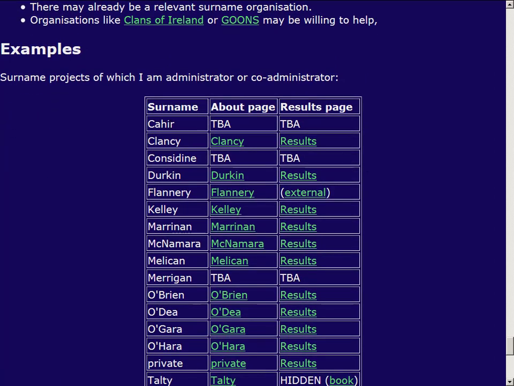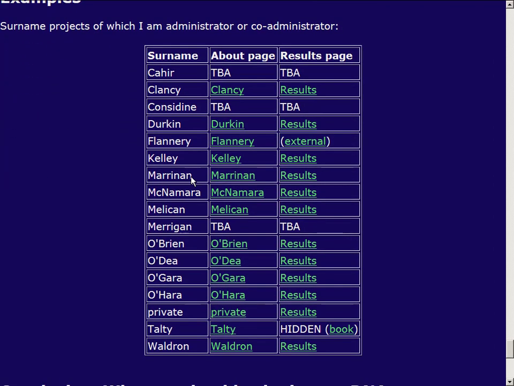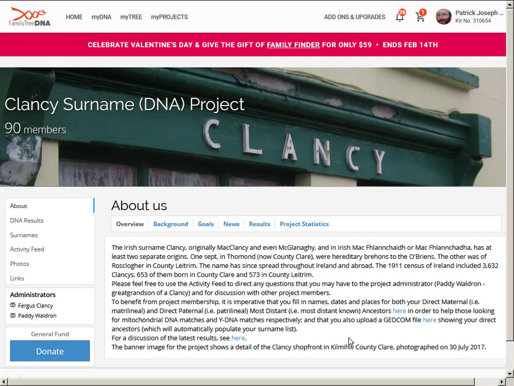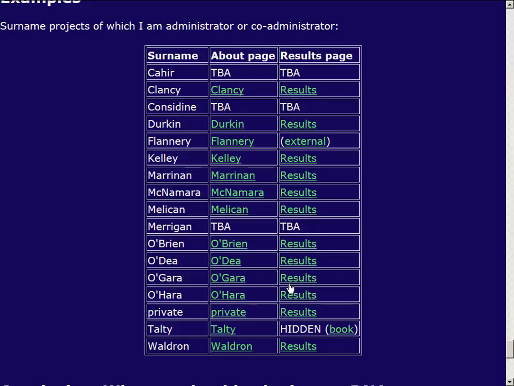So let's end by going through some of the surnames that I have worked with, or some that might be of interest to people in this room. I talked about the Cahirs, rare surname, 2 men, not Y-DNA matches. My great-grandmother was a Clancy, so I run the Clancy project. Again, I got a local shopfront as the picture, wrote up a bit of Clancy surname history, and the results